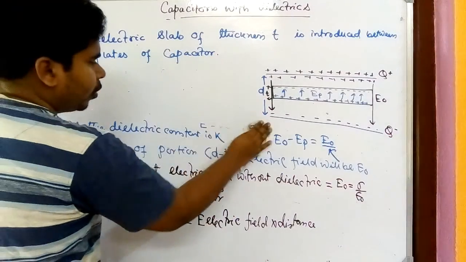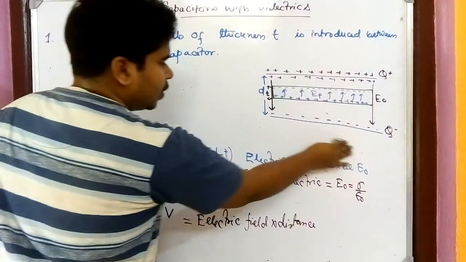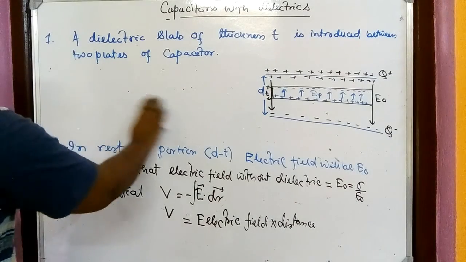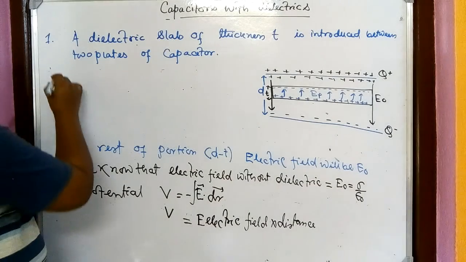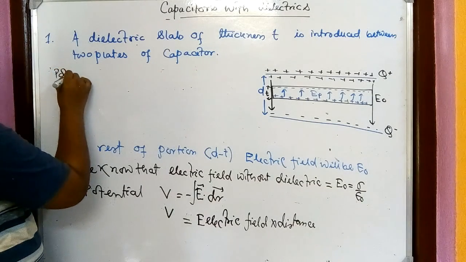Okay, if you have not written this portion, please pause the video and write it down. So potential V equals electric field into distance. So here potential